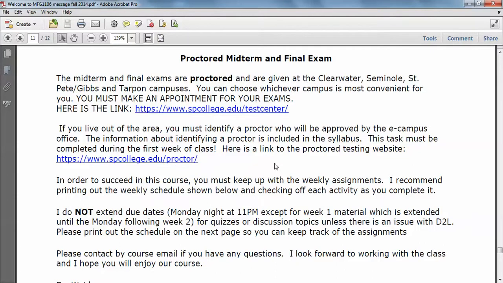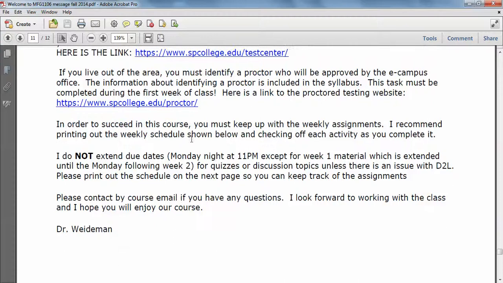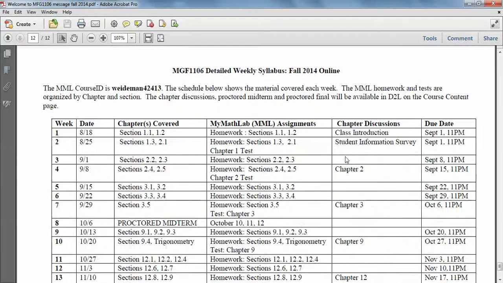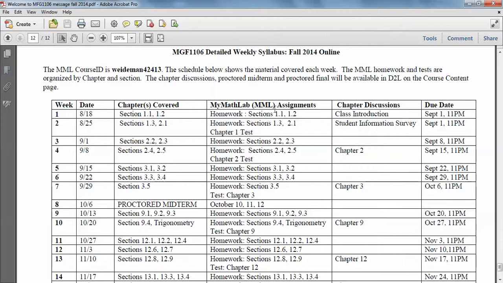I don't use ProctorU. And then one thing I would say is it's really critical to keep up with the weekly assignments. Things are always due on Mondays at 11, except week 1 I pushed out for a second week to give you a chance to get on track with the course. Here's the weekly syllabus, and it shows you week by week. For instance, in week 1 we're covering sections 1 and 2, so you want to be working on those. Again, I push this due date out a week to give you a chance to get familiar. So on September 1st you have 4 homeworks and 1 test,